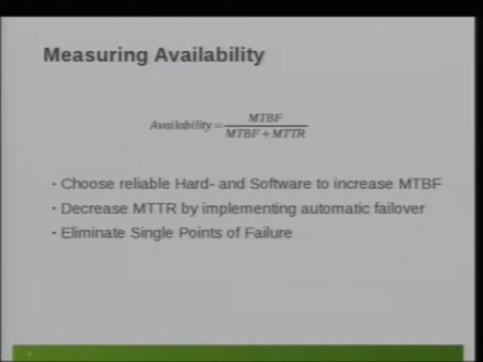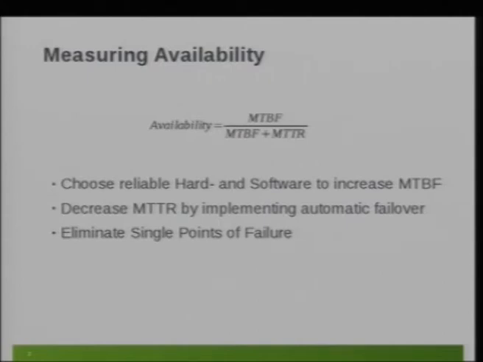So often you see these 99.99-something numbers expressing how available a system is. Unfortunately, this number doesn't say much about when failures happen or what kind of failures happen, and it's more or less a marketing term. But what you can learn from the above formula is that to increase availability, you either have to